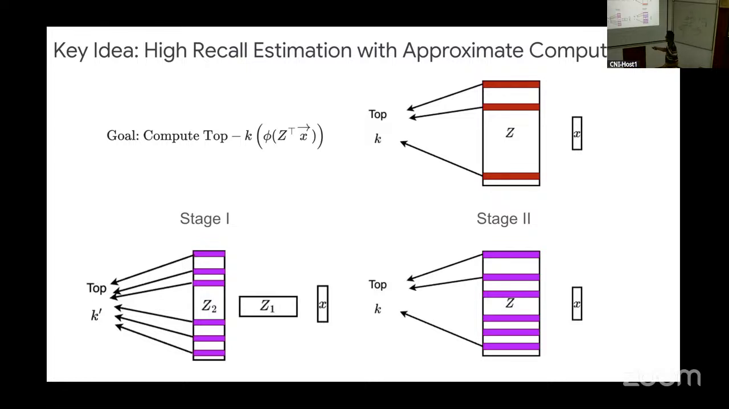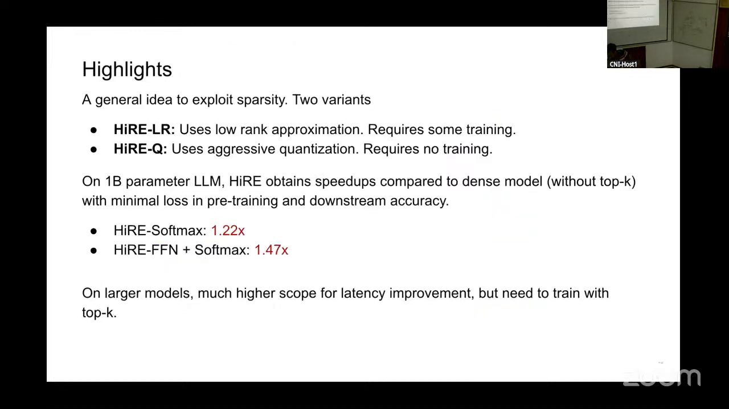We usually take k prime to be about 2 times k. Yeah. So the one that I just mentioned is the low rank approximation, which does require some training. We can also use a quantization based approach, where instead of the quantization we usually use, we can use a much more aggressive quantization like 2-bit or 4-bit, and this actually does not require any